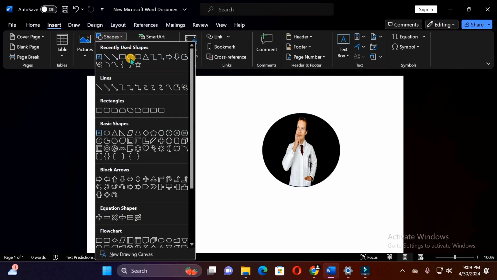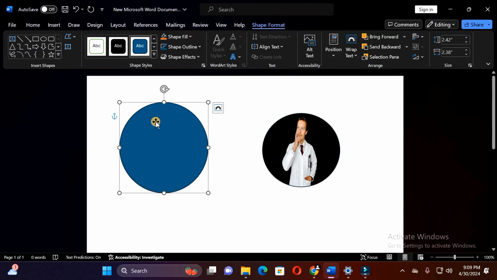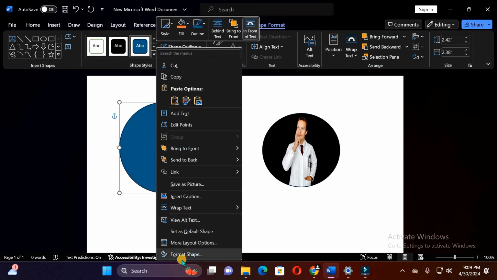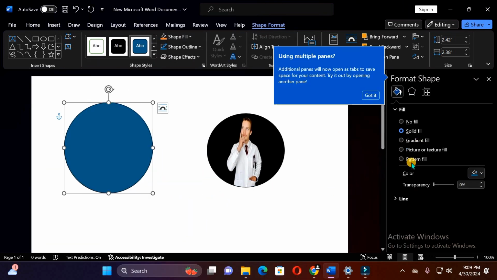click on the Shapes option and select the oval shape. So after that, click on one side and drag to select the area. After that, right-click and you will see Format Shape. Click on it, and here you can see